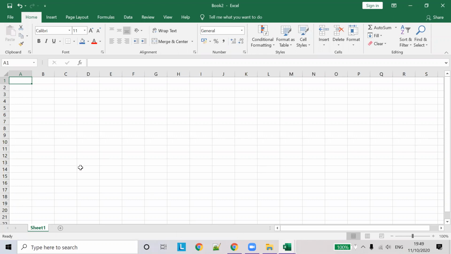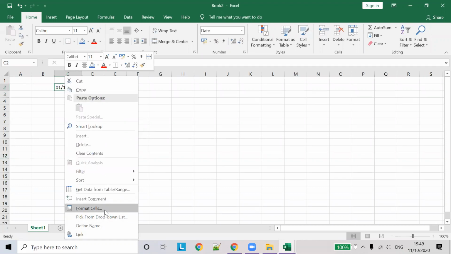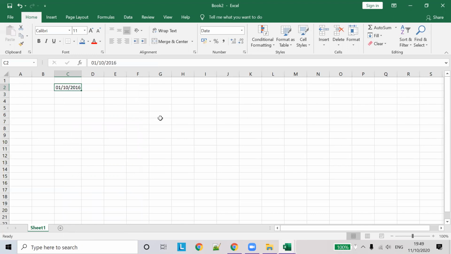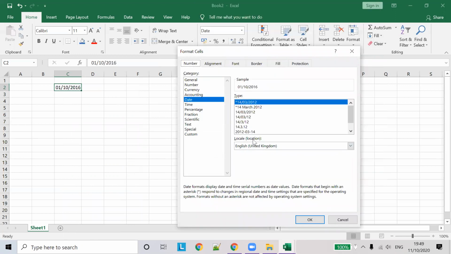So let's say we have a date. Let's display different date formats in Excel.